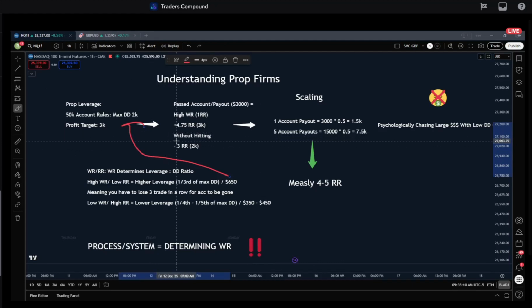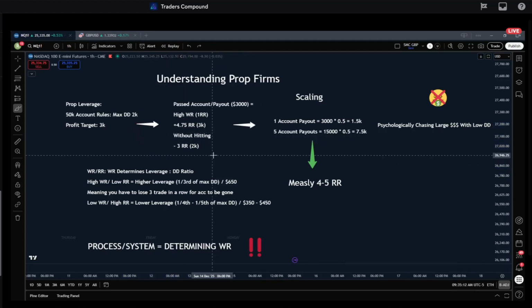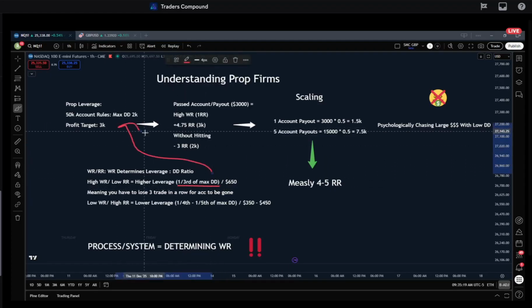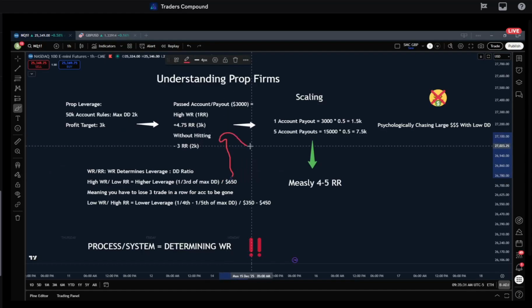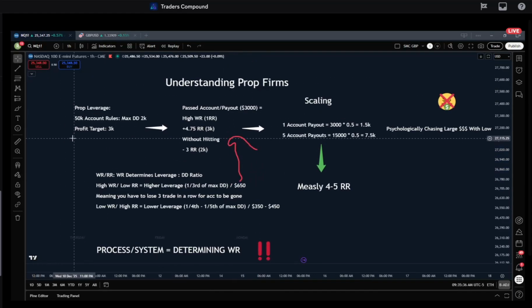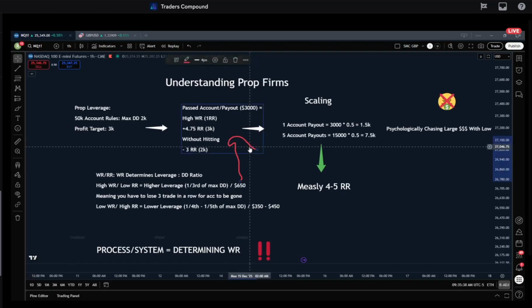But how is that relative? Well, if we're trading that and we're not going to hit, or we're less likely to have consecutive losses hitting our max drawdown, we can risk up, right? Your win rate is directly tied to how much you can risk for your max drawdown. So when trading these AM session calls, let's look at what the data would look like to pass an account or to get a payout, like a relatively decent payout.